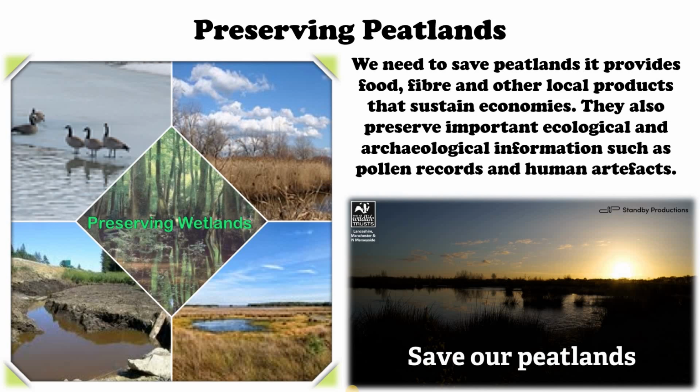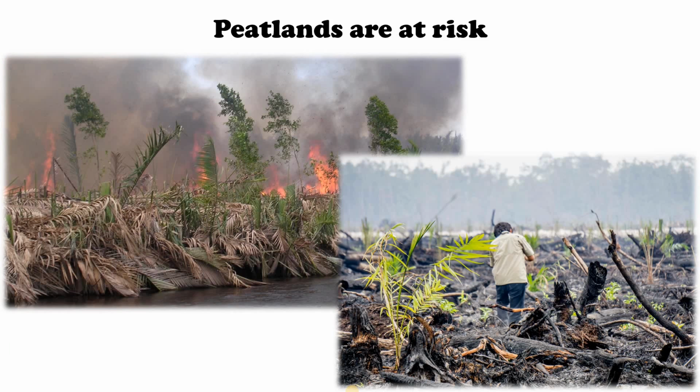But the peatlands have been at risk for centuries. They are either drained to make way for fertile pasture or they are destroyed by extraction of peat. We humans are very greedy. That is why we use the peat as a source of energy. When the peatlands are drained and their peat is exposed to air, it releases its carbon in the form of carbon dioxide. This release of carbon becomes 20 times faster than it was sequestered.